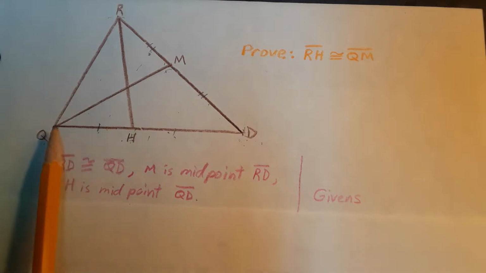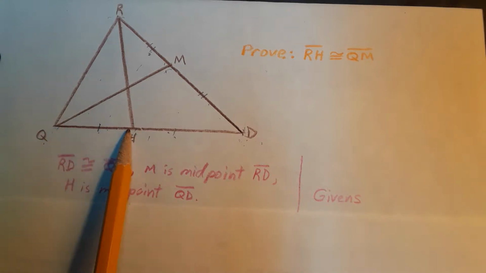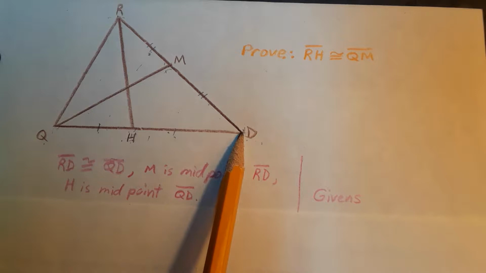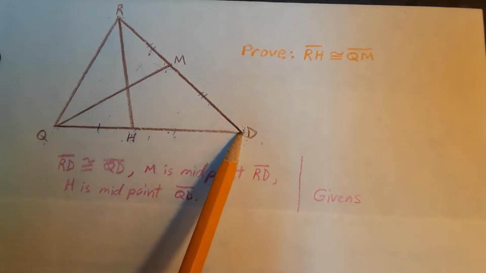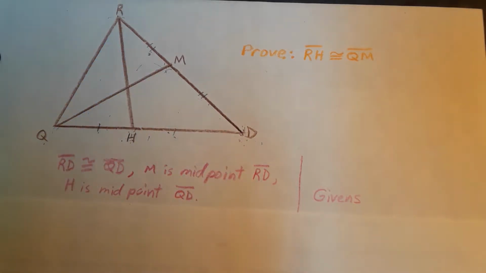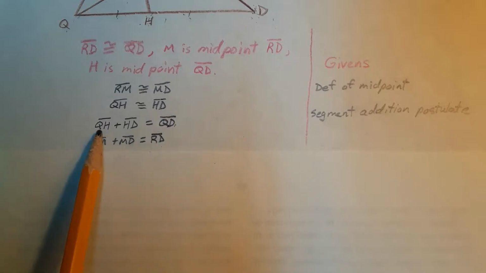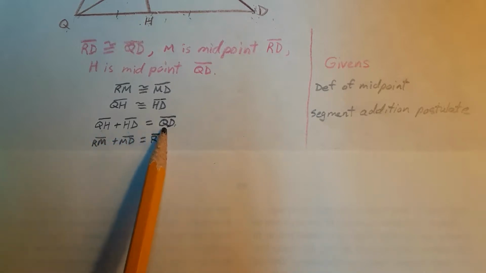We can also follow up with a statement that QH and HD added together gives us the entire length QD, and RM plus MD gives us the entire length RD. So we're going to start there, and then we are going to do a little bit of algebra with those statements. All right, so now we have QH plus HD equals this,